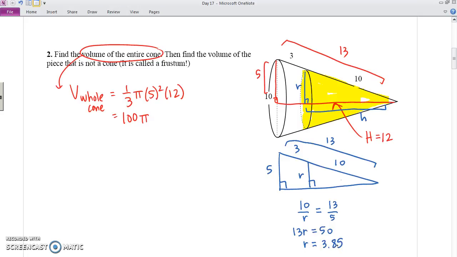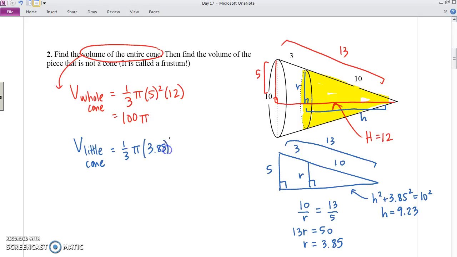3.85 if you're rounding. And if you have that, then you could do Pythagorean theorem to find h. Alright? So h squared plus 3.85 squared equals 10 squared. And after you do all your calculations, h is about 9.23. So the volume of the little cone is 3.85 squared times 9.23 times about